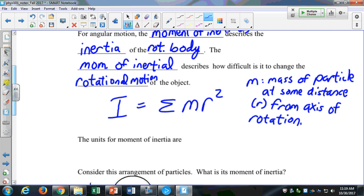Remember how we talked about how you have all sorts of different axes of rotation? I can have rotational motion with the same body about different axes of rotation. For example, I can rotate my body in all sorts of different ways. I can do it like a ballerina, rotating about an axis that goes down through the middle of my head. My moment of inertia in this case is relatively small,